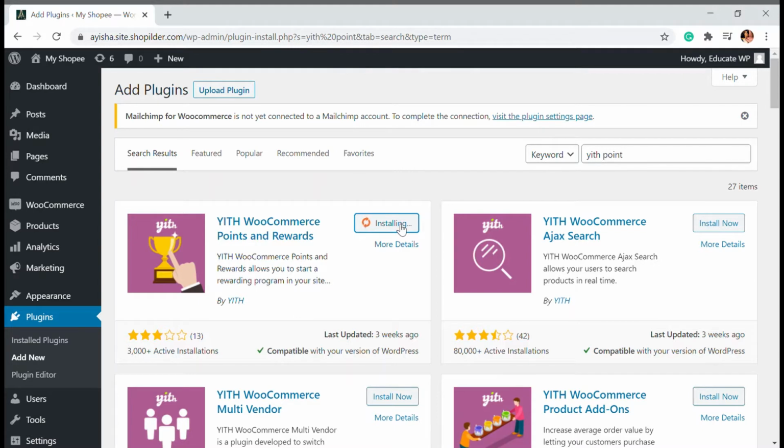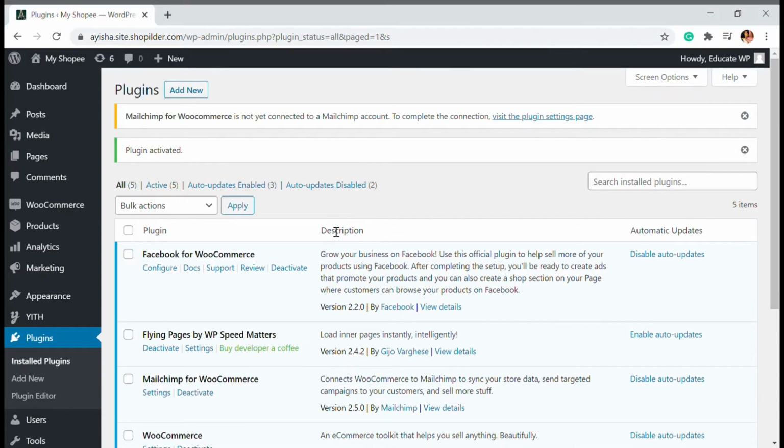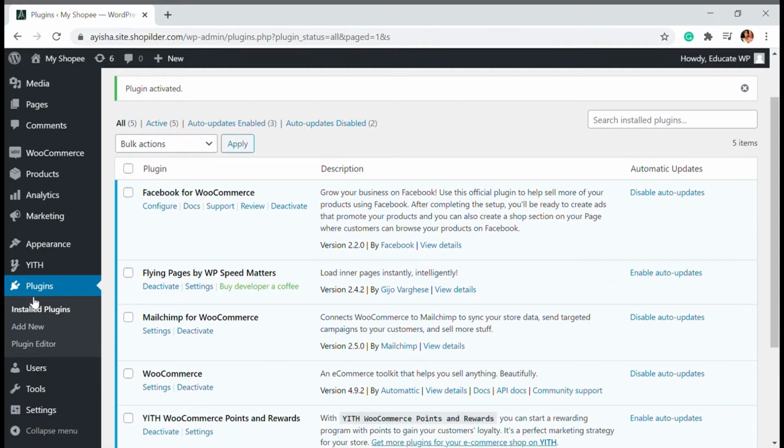By using this plugin, you can easily manage this point system. It has a basic rewarding system where a customer buys some products with some money, and that will be converted into points. Here you can see the ETH menu. ETH has many plugins with options like an order tracking system and a gift reward system. I'm going to add the videos we have made on ETH plugins. You can check the I button and look for the videos.